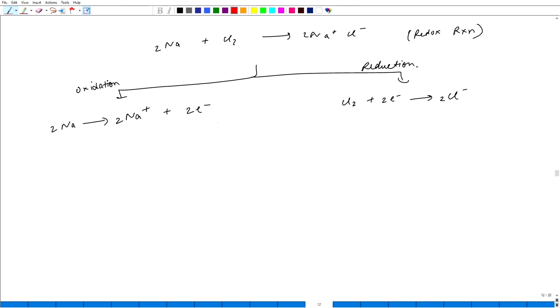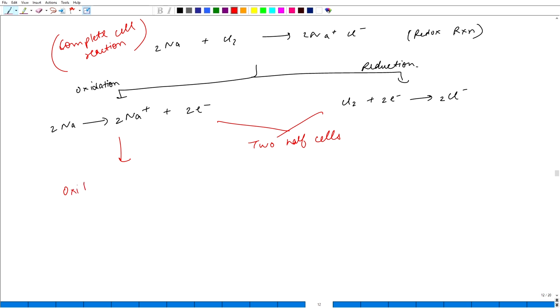These are two half cells of a complete reaction. This is a complete reaction, called the complete cell reaction. If this is a complete cell reaction and these are two halves, then this is the oxidation half cell,